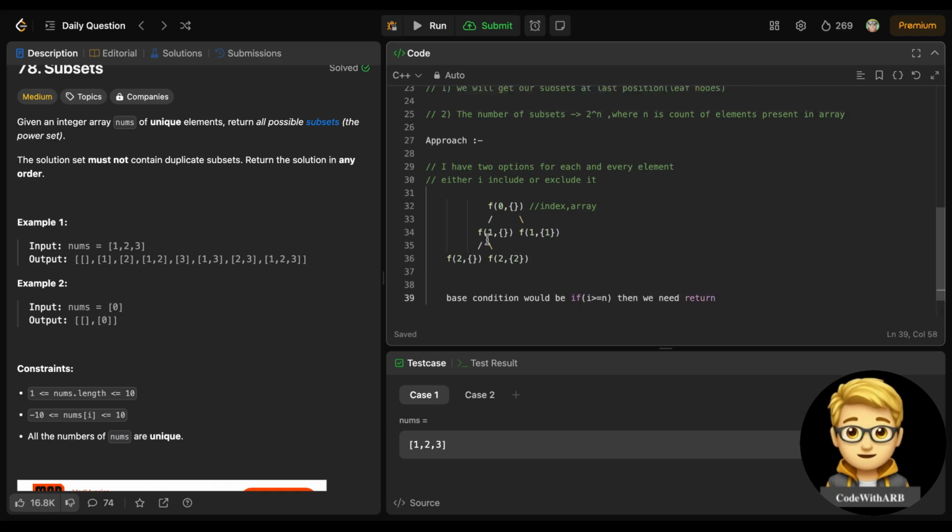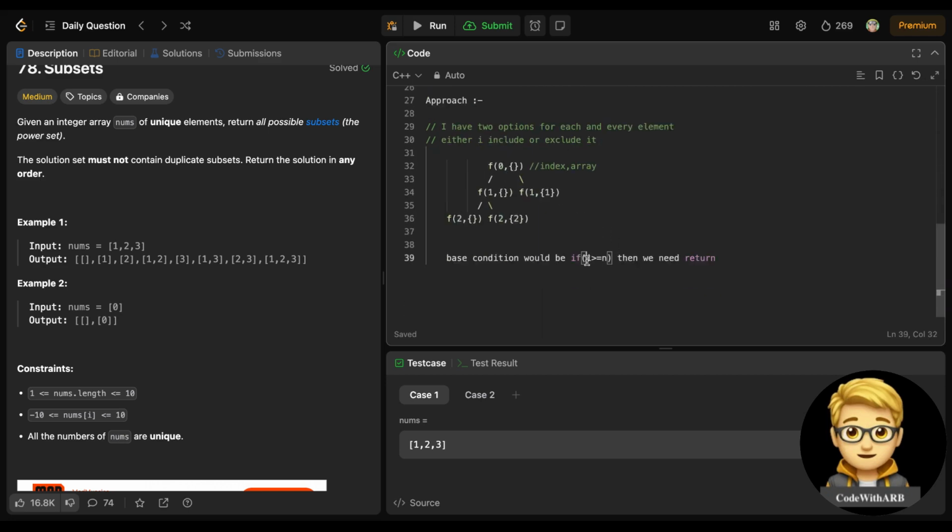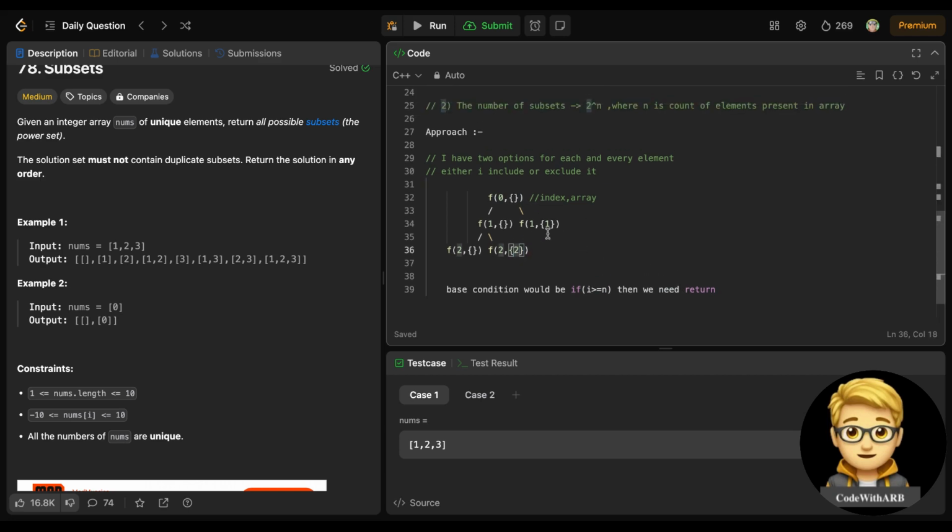But if you see, I got my answers at the last value only. I got every subset at the last value. It means whenever I hit a base case, we get a subset which I have stored in this array. So I will store this subset in my final answer, that would be the 2D array, right.